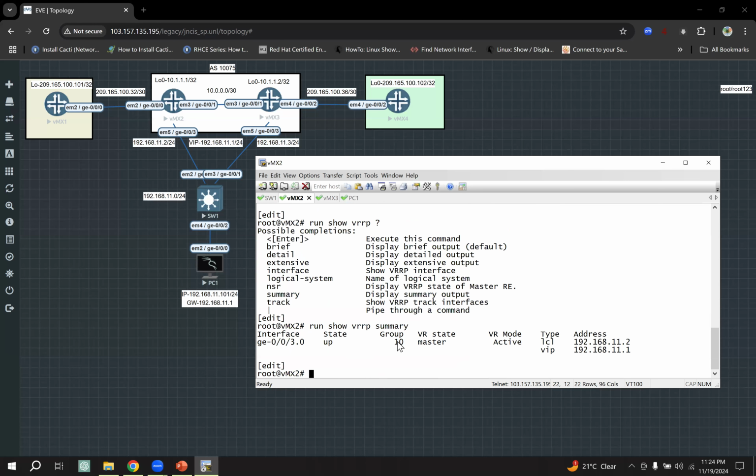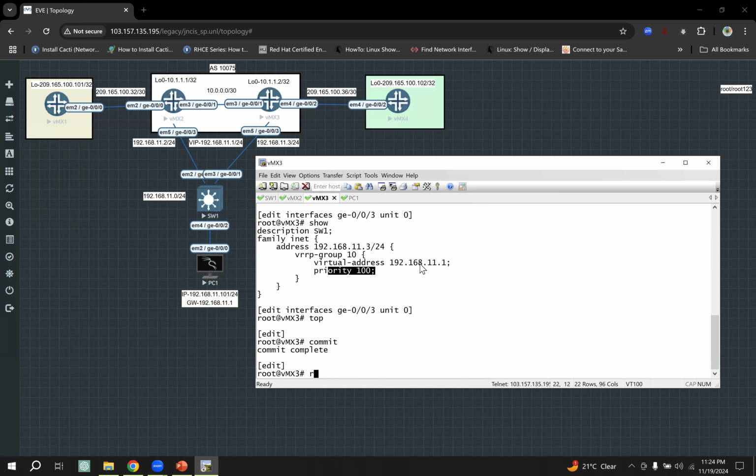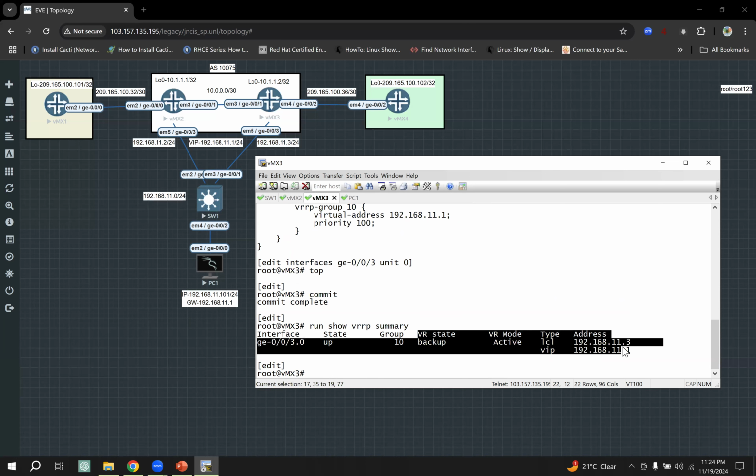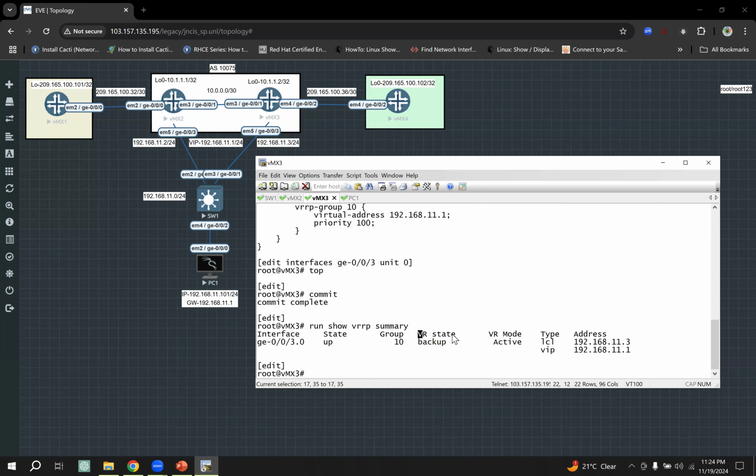This is the master router. Router 2 is the master router. So show vrrp summary again. This is the backup router. Okay. This is the VRRP state. This is the backup router. So again,